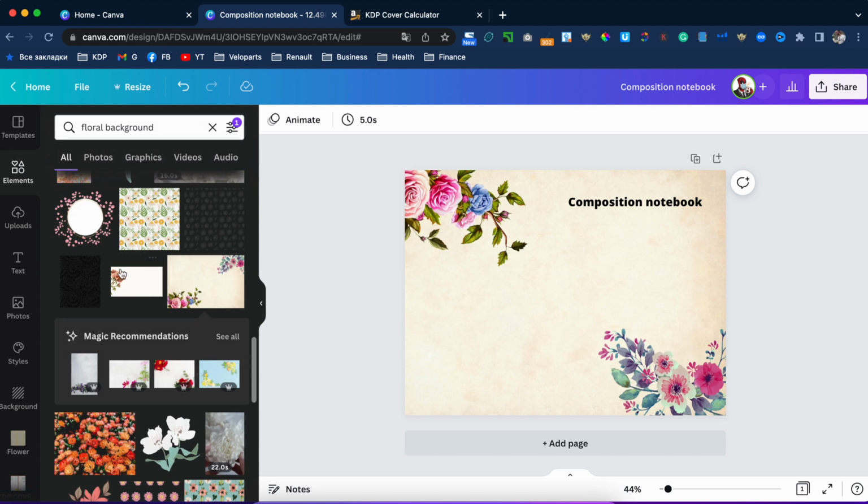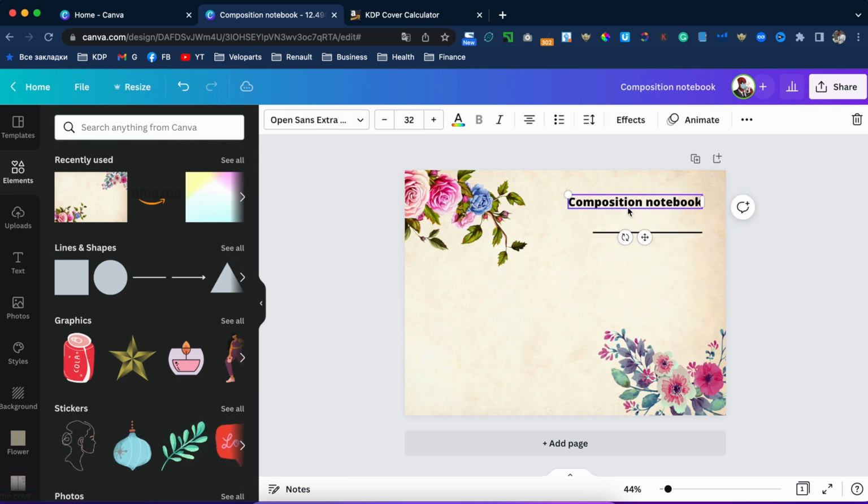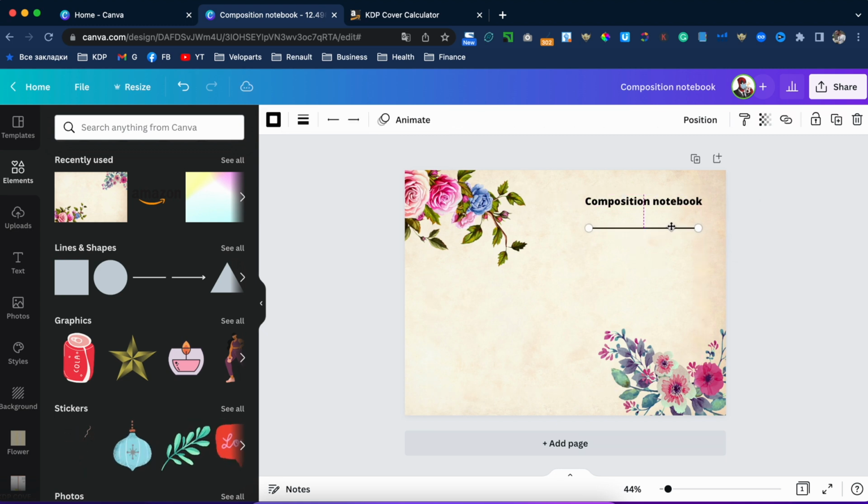Now come back to lines and shapes, choose this one. Reduce the size first. Command C, Command V a few times.